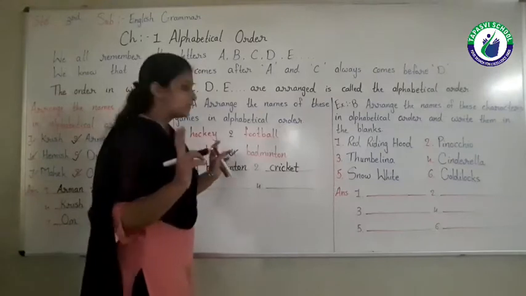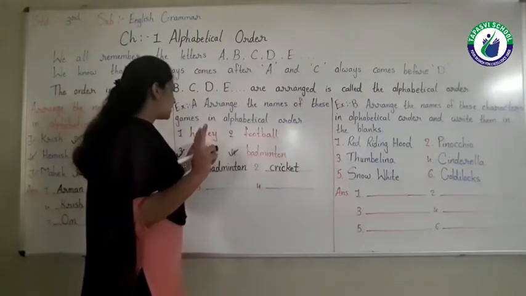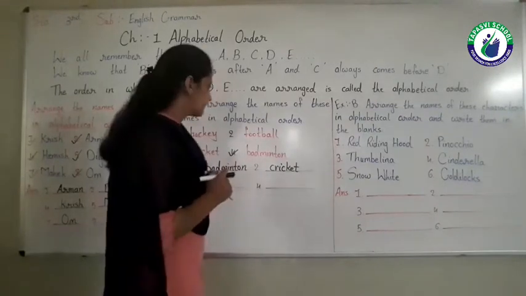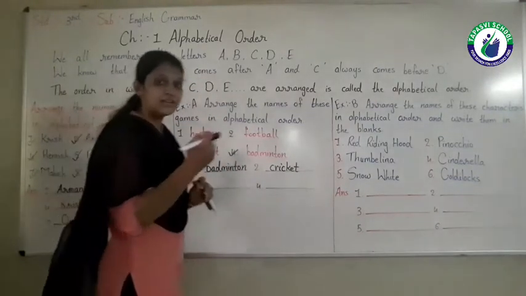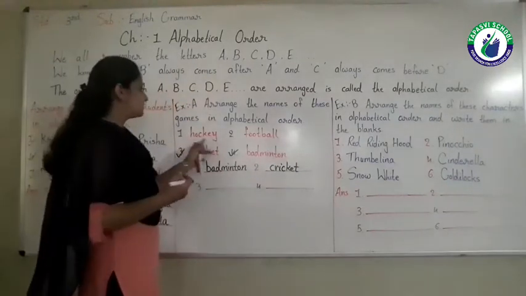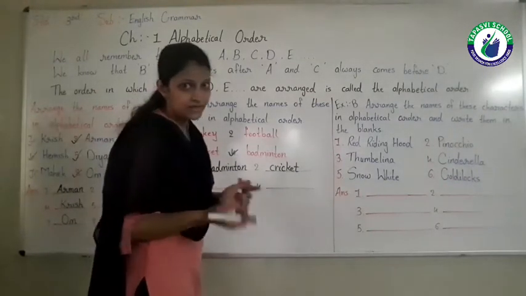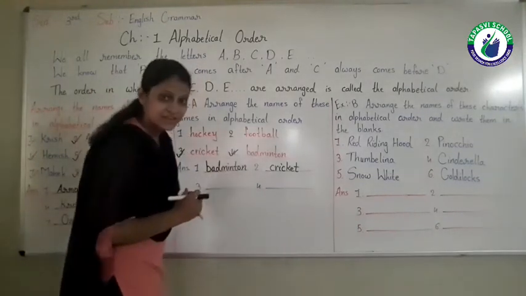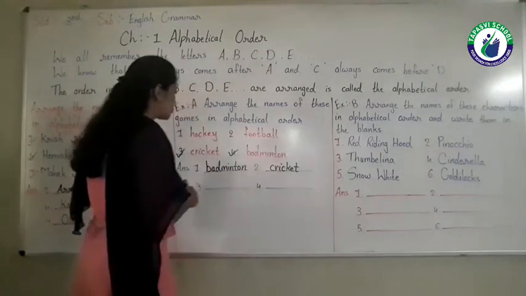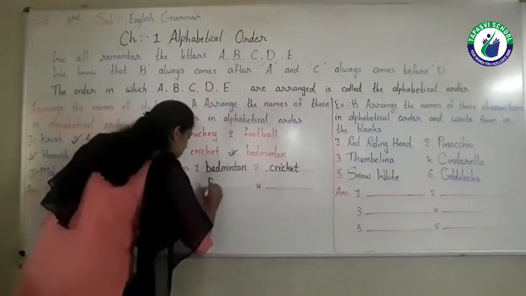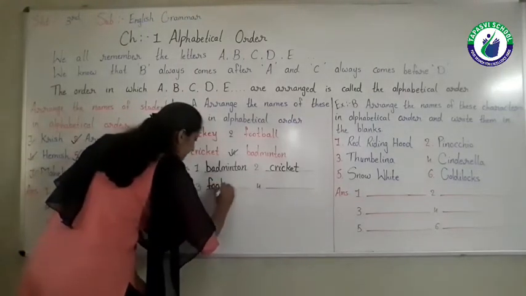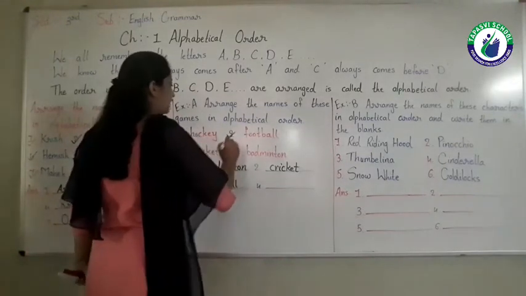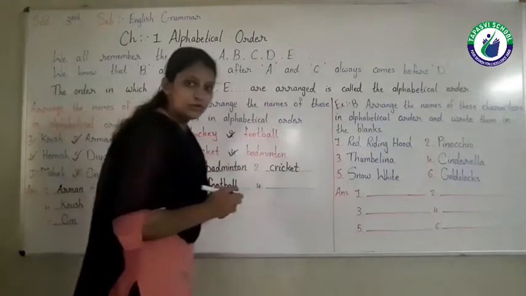Now only 2 names of games are remaining. हॉकी, फुटबॉल. हम कहाँ पे पहुंचे? D पे. Yes, D after E. E के बाद दिया है? नहीं दिया है. F. Yes, it is given. Which game is given? Football. So we have to write down in number 3. Football. And we have to tick right on the word football.